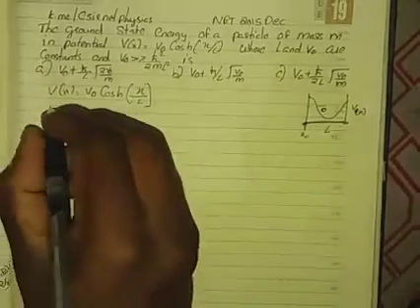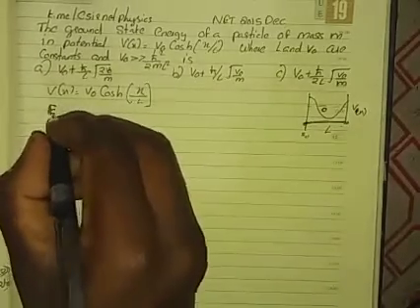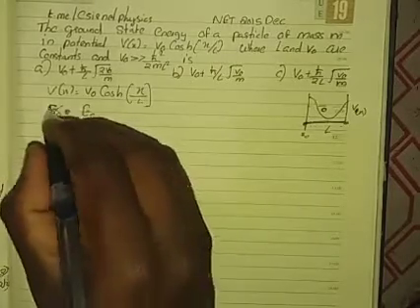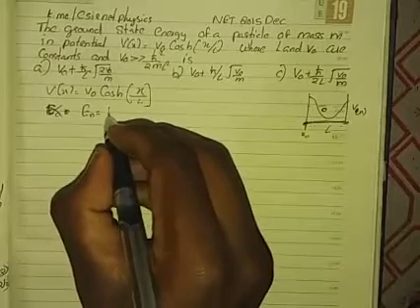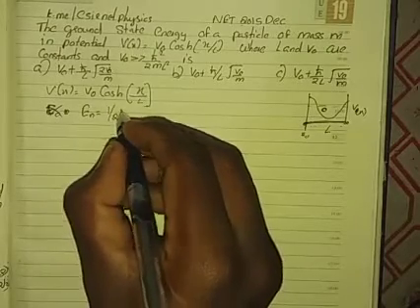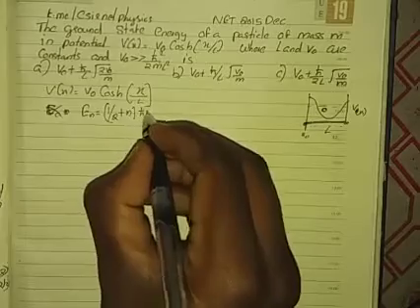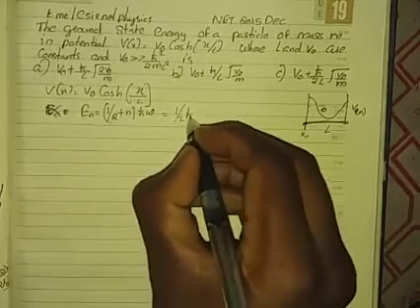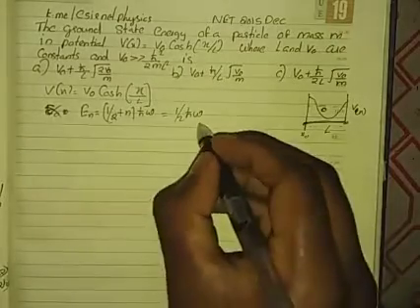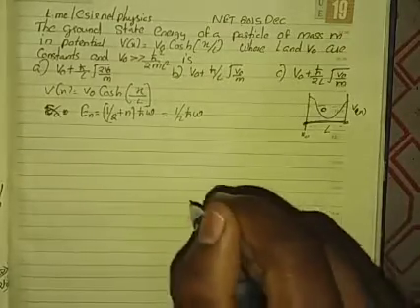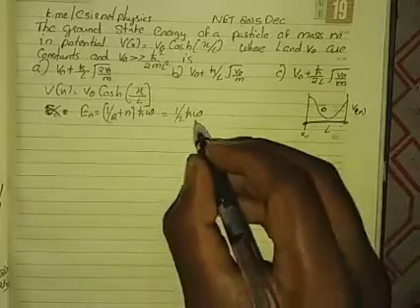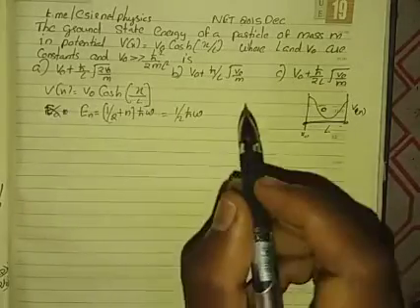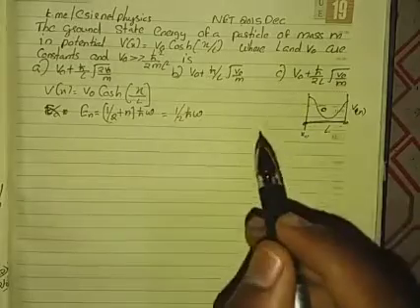The ground state energy of a quantum mechanical system, E0, or En to be more general, can be written as (n plus half) h cut omega. For the ground state, n is equal to 0, so you get half h cut omega. We don't know the value of omega, so we just need to find omega, substitute back into this equation, and find out which option is the right one.